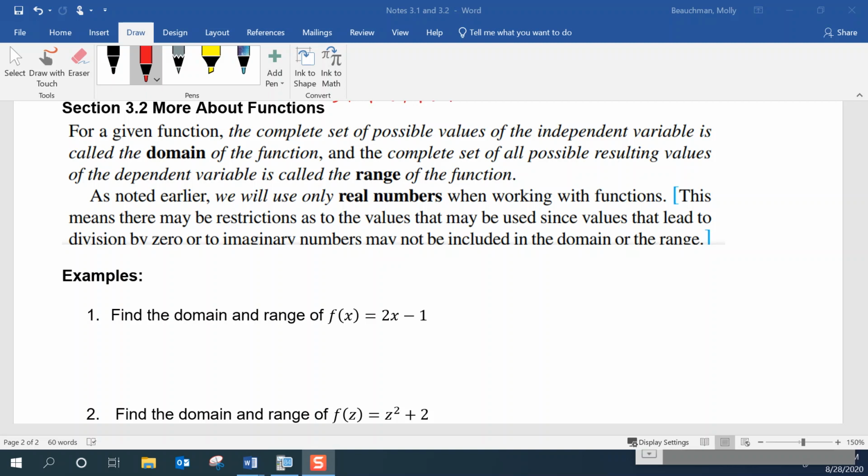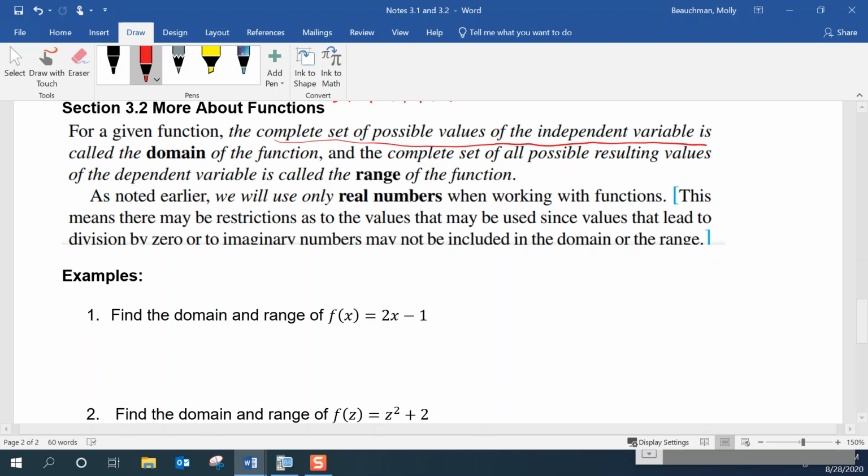In this video, we'll talk about section 3.2, a little bit more about functions. In this case, we're going to talk about the domain and the range. So our definition, for a given function, the complete set of possible values of the independent variable is called the